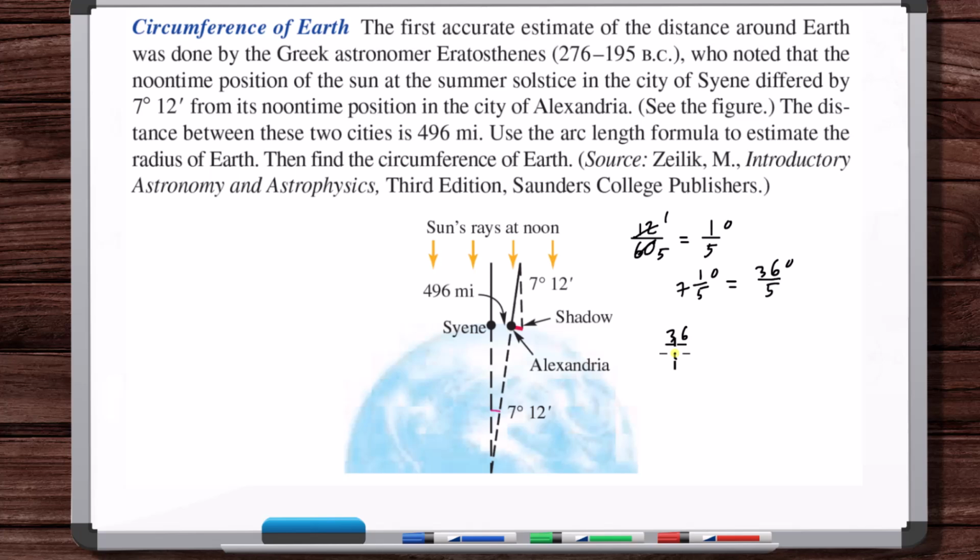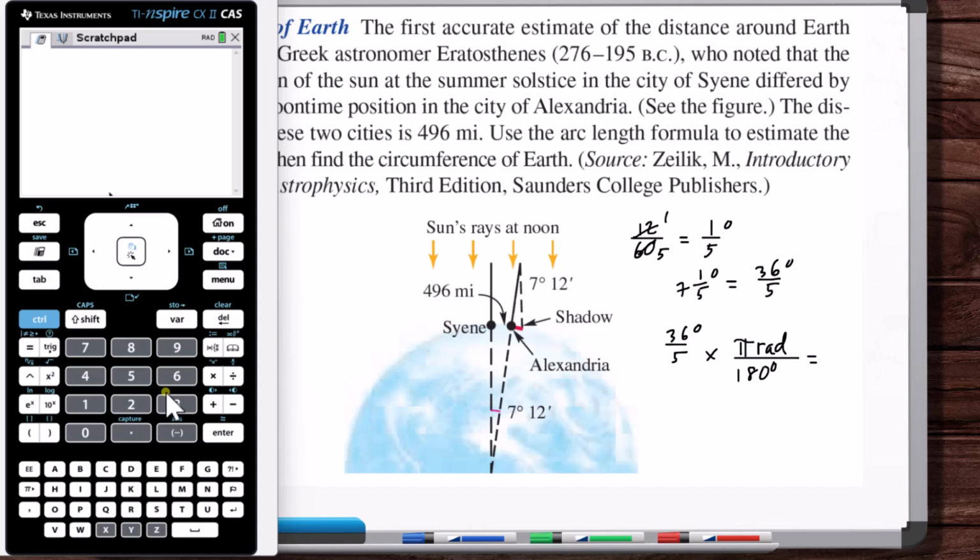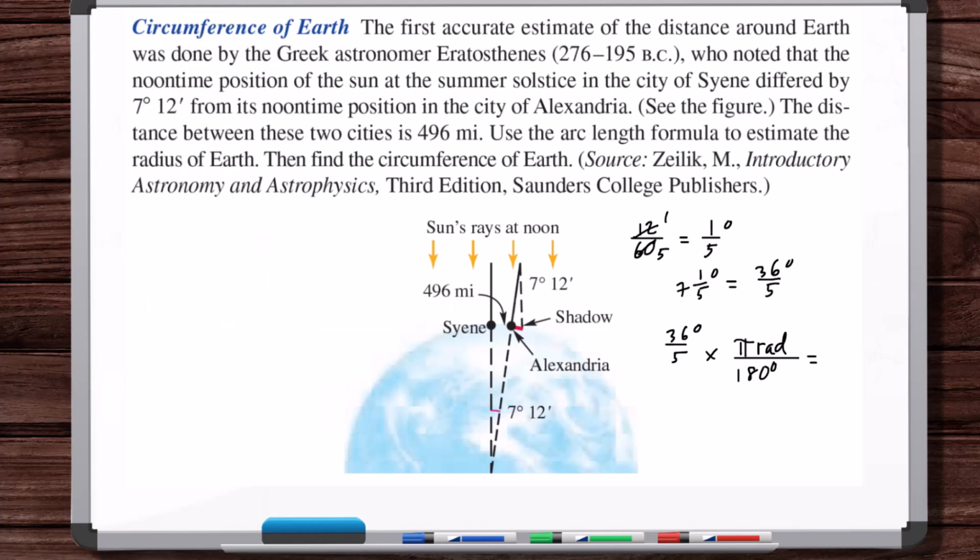So 36/5 degrees times the fact that you've got pi radians for every 180 degrees. So 36 times pi divided by 5 divided by 180